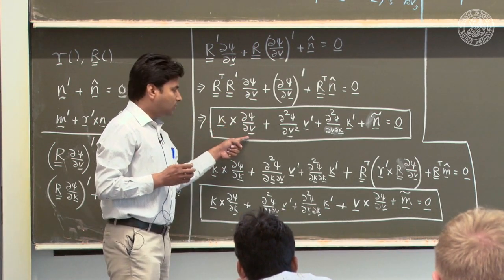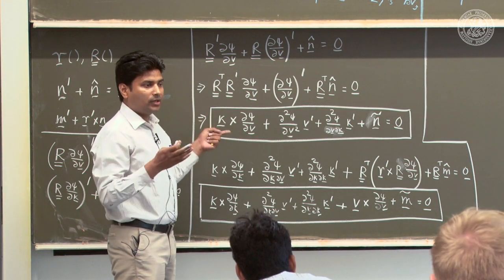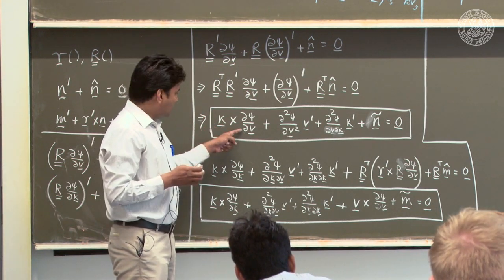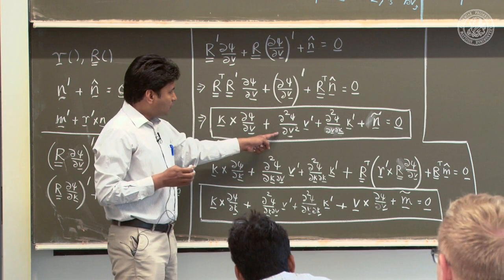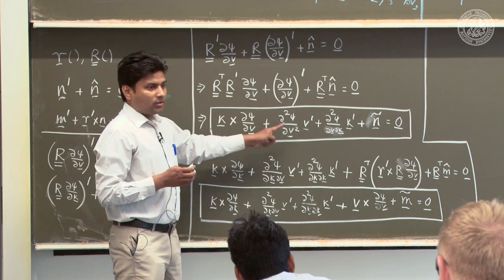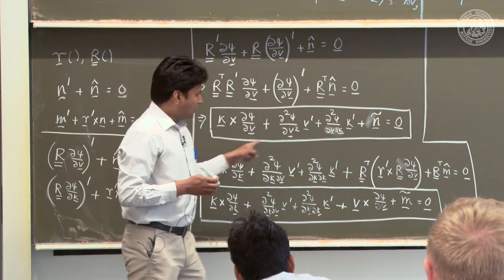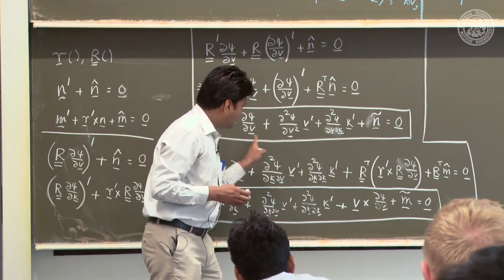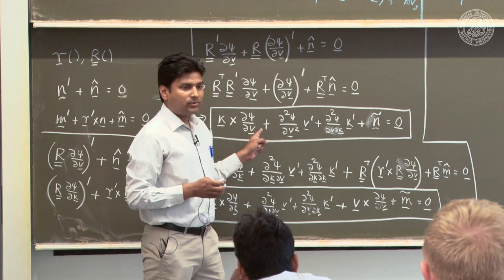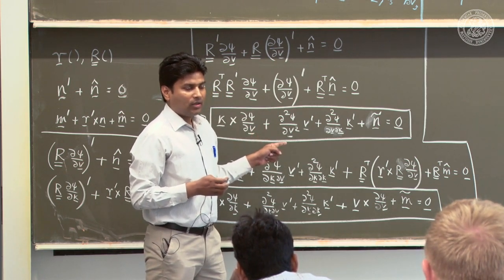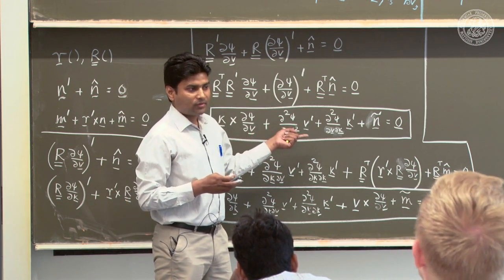You just take the derivative, you still get something in terms of v and k. So, this is also in terms of v and k, that is also in terms of v and k, then you have v prime. So, you see everything here is in terms of v, k and its derivatives,